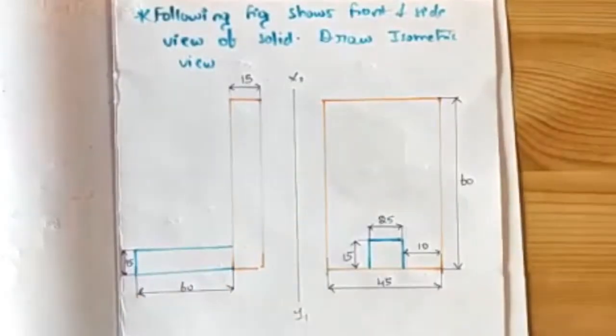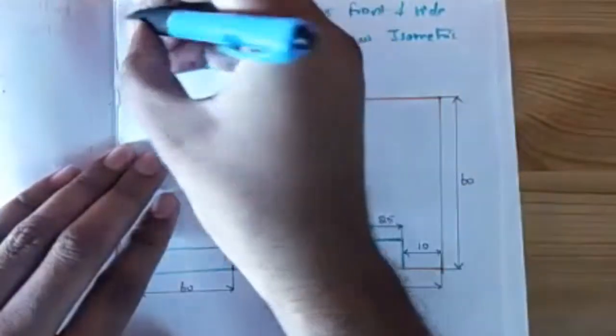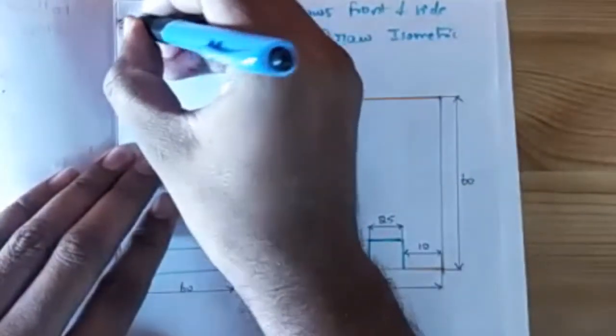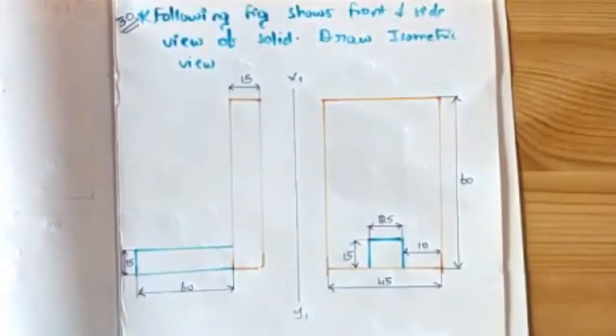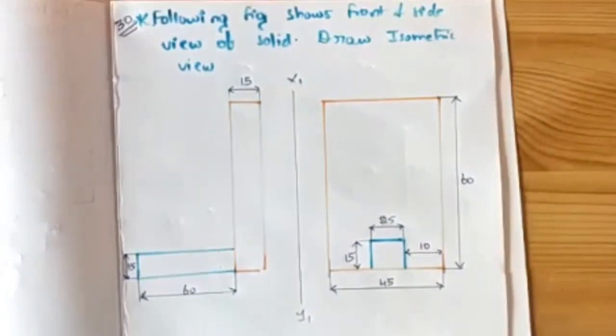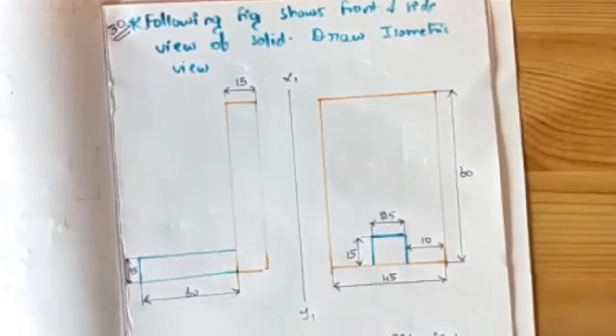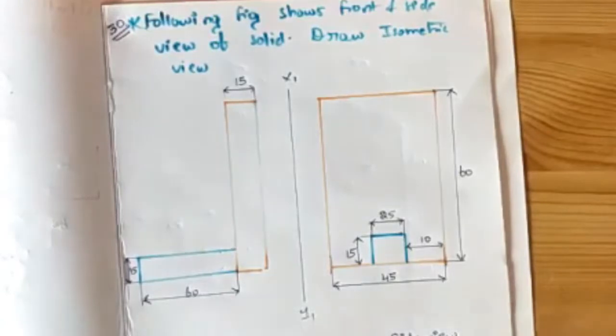The third problem. This will be your 30th problem in your PDF. Okay, for your information, this will be the 30th problem in your PDF. Again, they have given you the front view and the side view. Till now we have done a square prism, but in this case he has